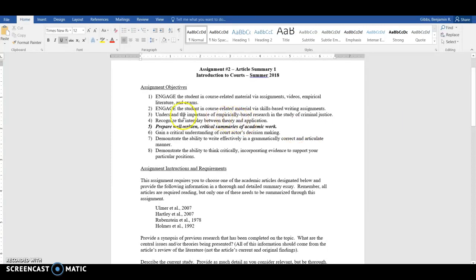And so here are the assignment objectives. Essentially, why do I require this assignment in this particular class? This operates as a content delivery method, but also it's a skills-based assignment. So you are graded on preparing a well-written critical summary of this particular article.